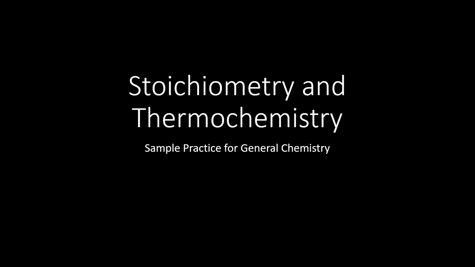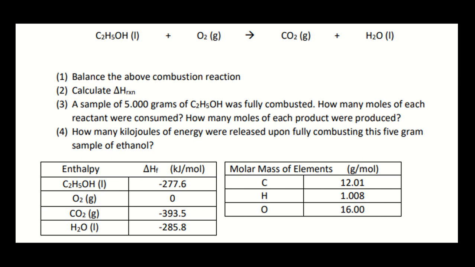Hello everyone, this will just be a little explanation of the prior worksheet covering stoichiometry and thermochemistry. Here we're looking at the combustion of ethanol in the presence of gaseous molecular oxygen to form carbon dioxide and water, as well as some residual heat energy that will be calculated later. Some of the information we're given is the heats of formation for each of our reactant and product species in their specific physical states, and also some molar mass of the elements that we can use to calculate the molar mass of